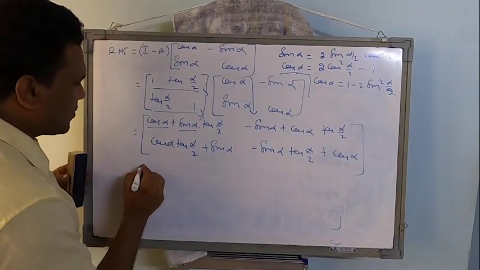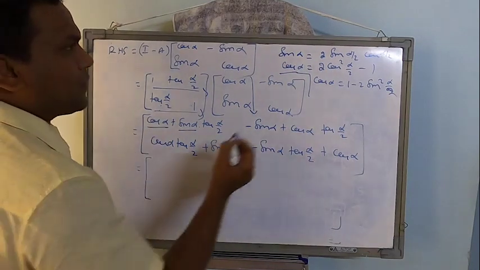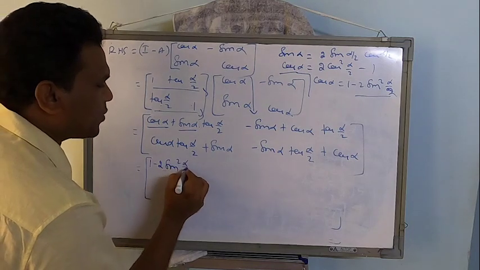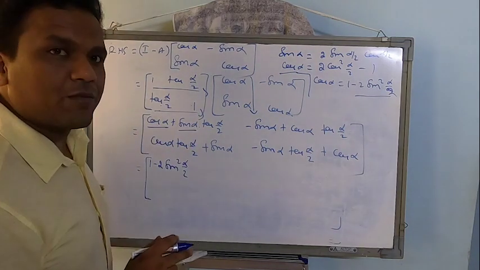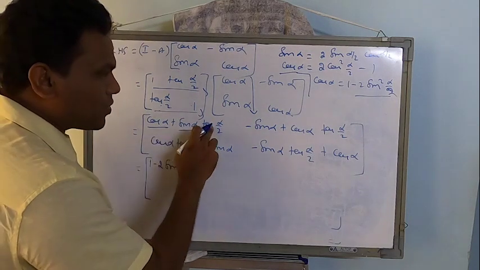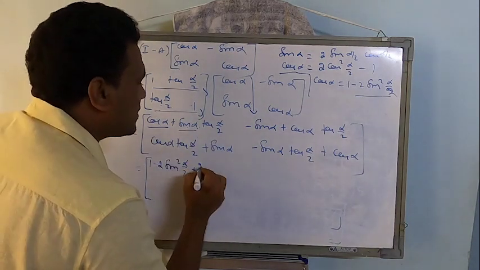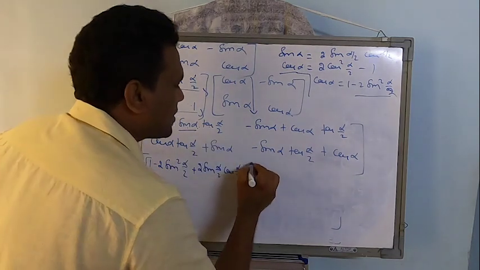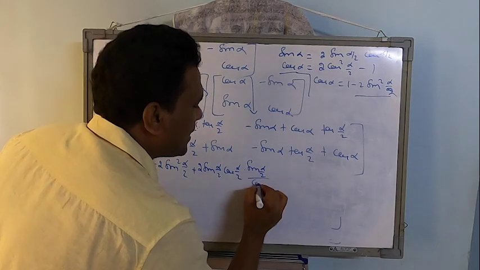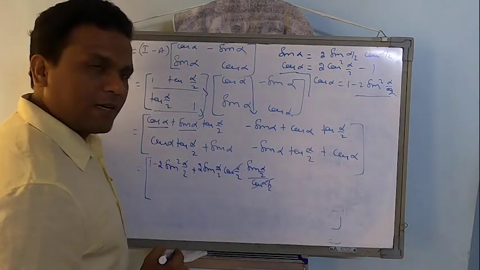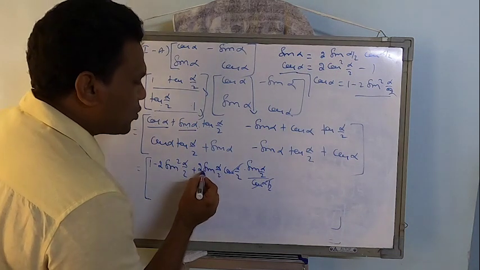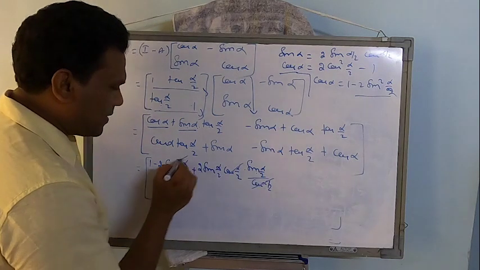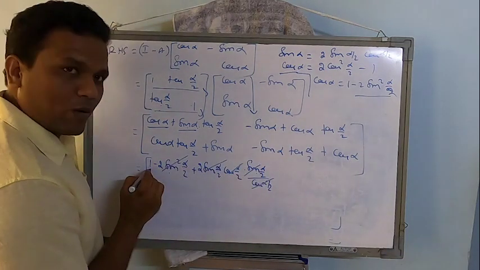Fine, students. So let's apply the formulas here. This cos alpha, I am going to write it as 1 minus 2 sin square alpha by 2. I told you, depending on the situation, I am going to use the formula. You will see why this is used, because of these two terms. Plus, we have sin alpha. Sin alpha is 2 sin alpha by 2 multiplied by cos alpha by 2. Tan alpha can be written as sin alpha by 2 by cos alpha by 2. And look here, cos alpha by 2 gets eliminated. And look here, 2 sin alpha by 2 multiplied by sin alpha by 2, 2 sin square alpha by 2, and that will be eliminated with this. What is the remaining? 1.